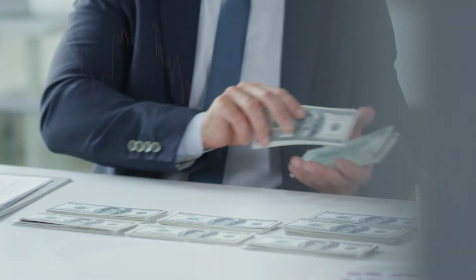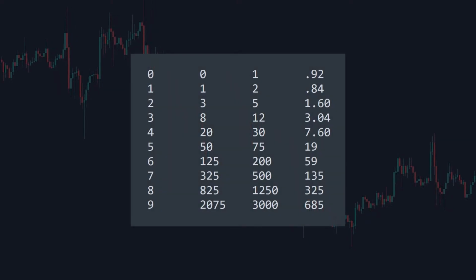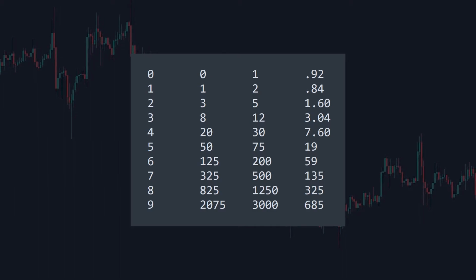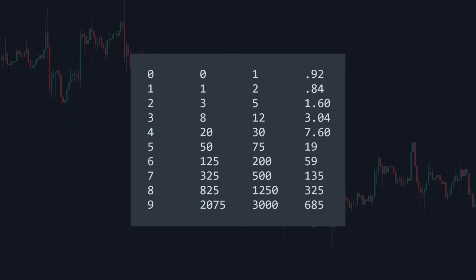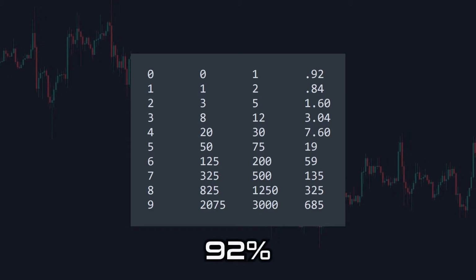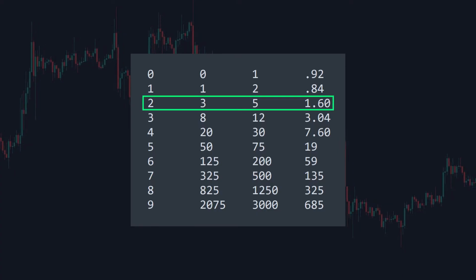Though you need to understand the risk involved when using this system. You can use many different multipliers. Here is an example of a cheat sheet for the risk amounts. With this system, it's important to only use instruments with the highest possible payout, which is 92% on Pocket Option. Look at the third row.